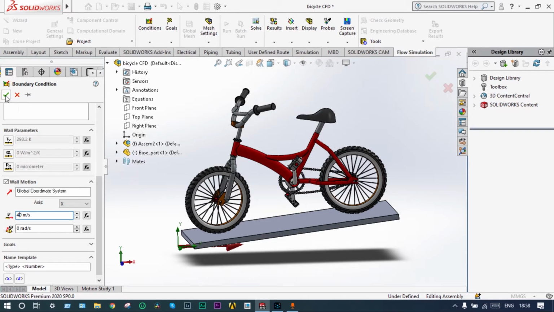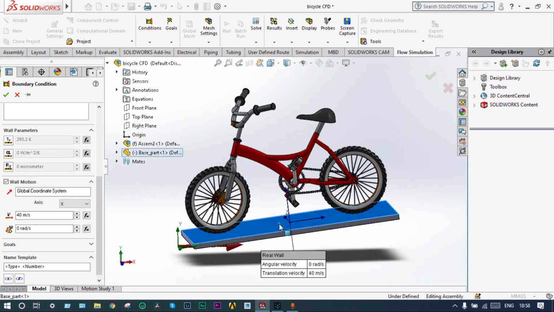We're considering linear velocity. But to select the base, of course, base velocity is plus 40 because it is moving in the positive direction of the x-axis. You can say angular velocity we are not providing, we are providing translational velocity, or linear velocity, equal to 40 meter per second. Okay,